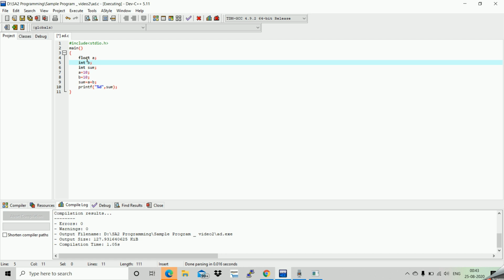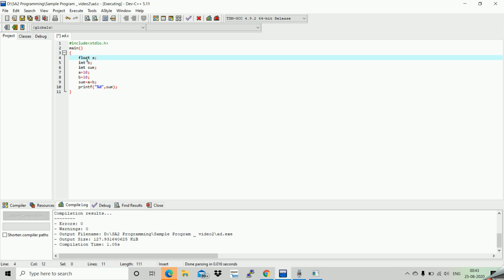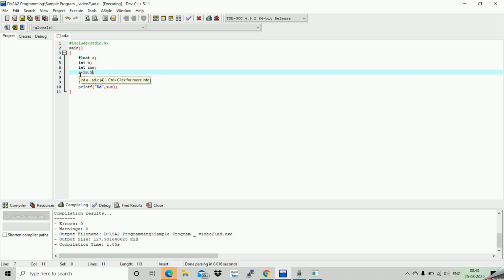So float is nothing but decimal values. Since I have declared a as float, I will assign a value 10.5 to variable a, and then b, let it be 10 itself, and then I'm again performing the operation a plus b over here.